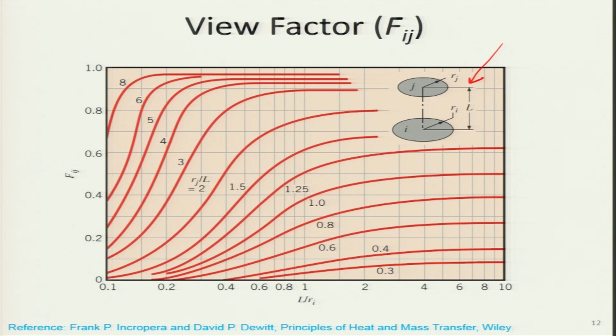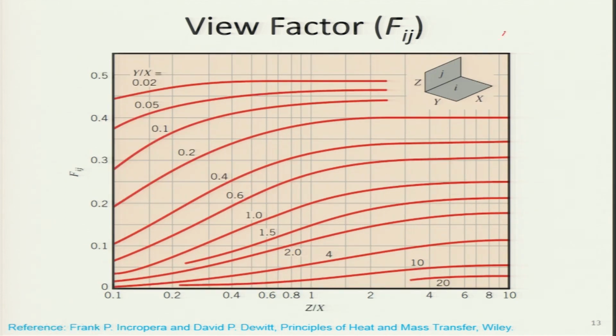This is for two discs which are kept parallel to one another, separated by some distance, and this is that geometry where there is a floor and there is some sort of a wall. Both are kept adjacent to one another. So, in all these three cases we can figure out the value of the view factor simply by looking at these particular curves. So, I think for today I will stop at this particular point, and let us go and recap what we have emphasized today.